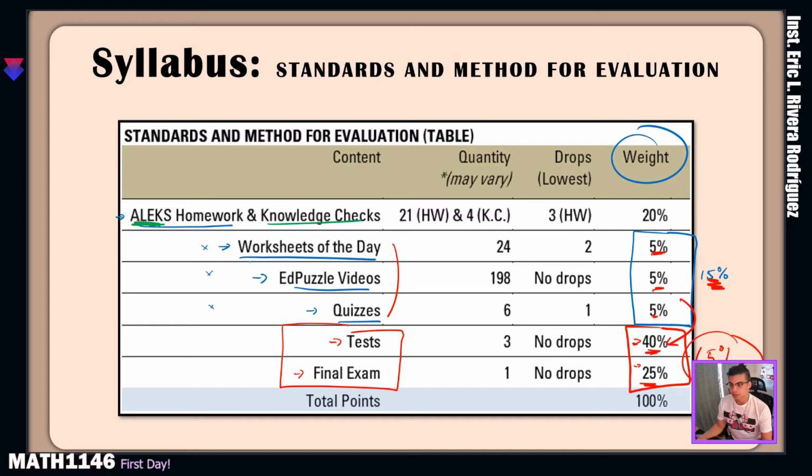right? So this is a good breakdown, and a good reason why we use weighted grade instead of points, because not all the categories are worth the same in our class. Okay, the most important are tests and final exam. The other categories are good to maintain a good grade, but also are good to prepare you for the tests. Okay, does that make sense? Any question with that? Right.